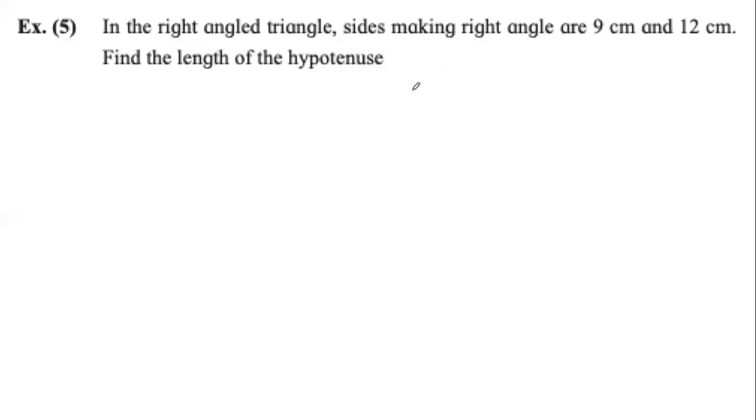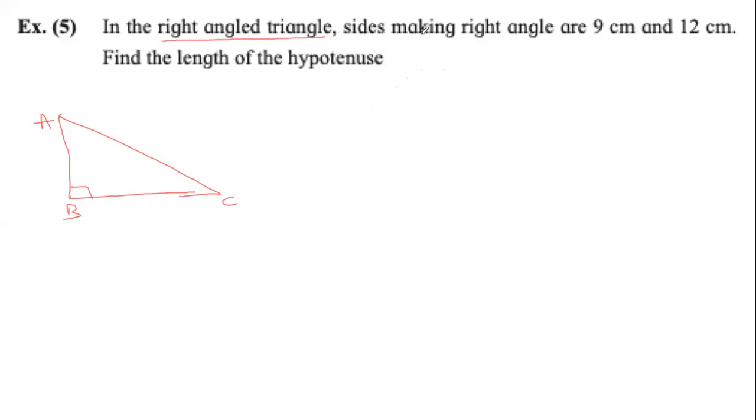Now this question may come just like this without a diagram. It can be a completely word problem and we have to think how it will look and then answer. So it says in the right angle triangle. So we have a triangle in which one angle is right angle. Suppose it is like this. We will give it a name. It says right angle. So let's just say angle B is 90 degree.